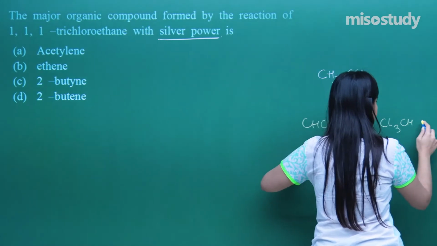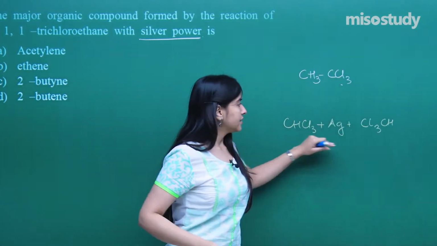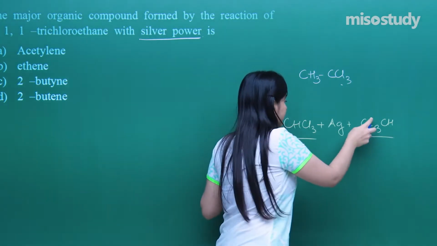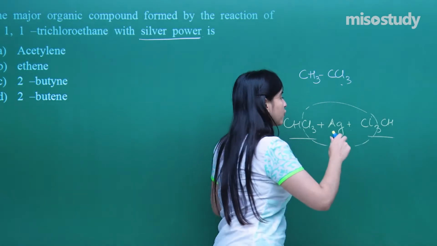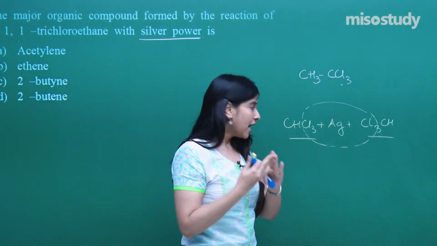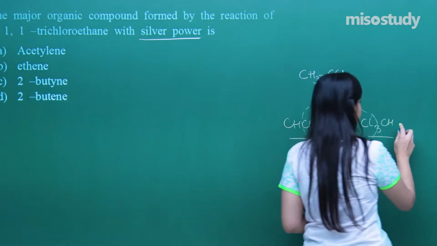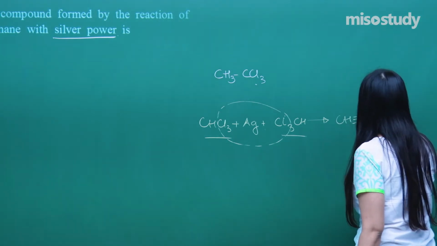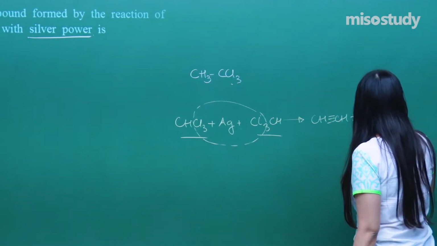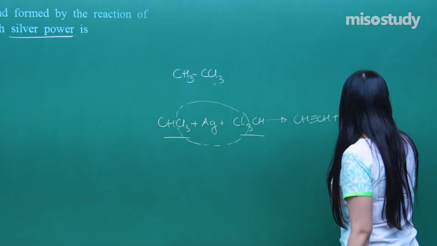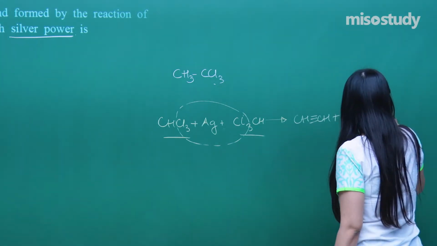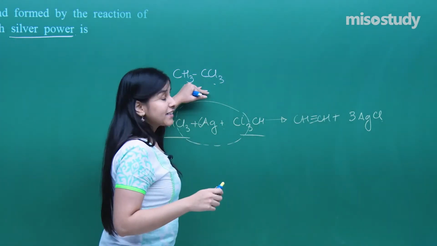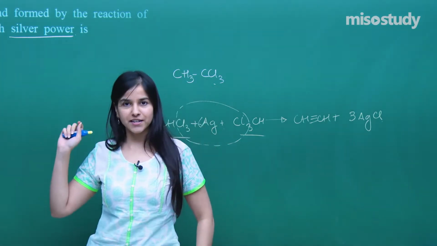something like this. This is what we are taking, that means 2 moles of chloroform giving what? It is a reduction reaction. So basically it forms 3 moles of AgCl along with alkyne. So here there is the formation of alkyne, acetylene, and 3 AgCl. So I need to have 6 moles of Ag. So that is what it is needed in this very particular reaction that has been given.